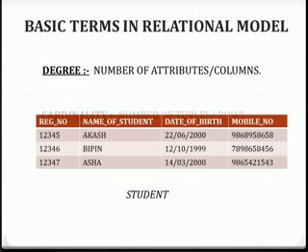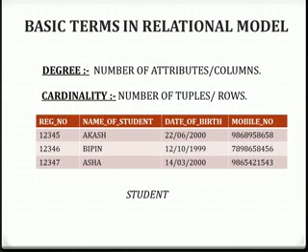Okay, the next term that comes is the cardinality. Similarly, the number of tuples or the number of rows of the relation student is the cardinality of the table. So what is the cardinality here? There are 3 rows. Okay, the rows won't include the heading. So there are only 3 rows, so the cardinality of this relation student will be 3. Understood? So now let us revise once again.